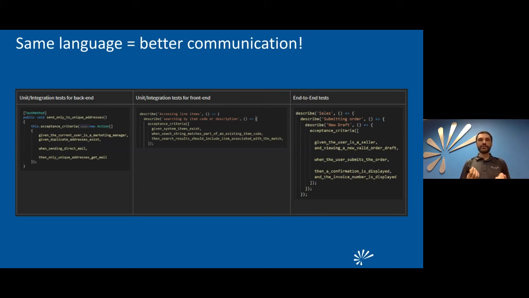Yes, the syntax may look slightly different because C# is object oriented, and JavaScript is not, and TypeScript is kind of a hybrid between the two. But the words that we see there, they are English.